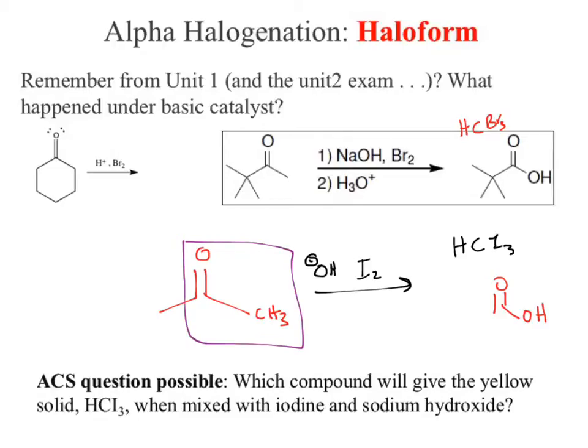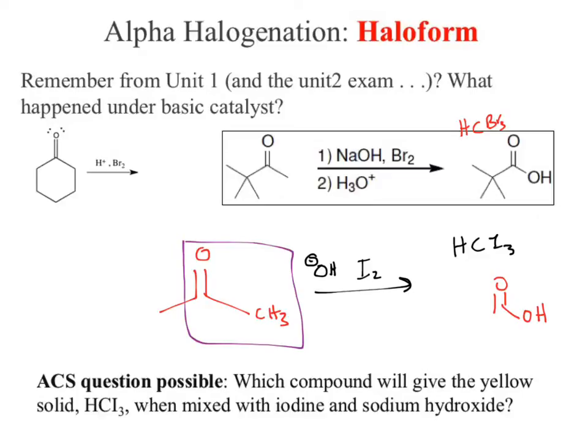It came from a carbonyl with an alpha hydrogen, or alpha methyl group. That alpha methyl group is what can get deprotonated by the base, reacts with the iodine to give us our HCI3. So what you end up looking for as your structures would be a variety of functional groups: aldehyde, carboxylic acid, a ketone,